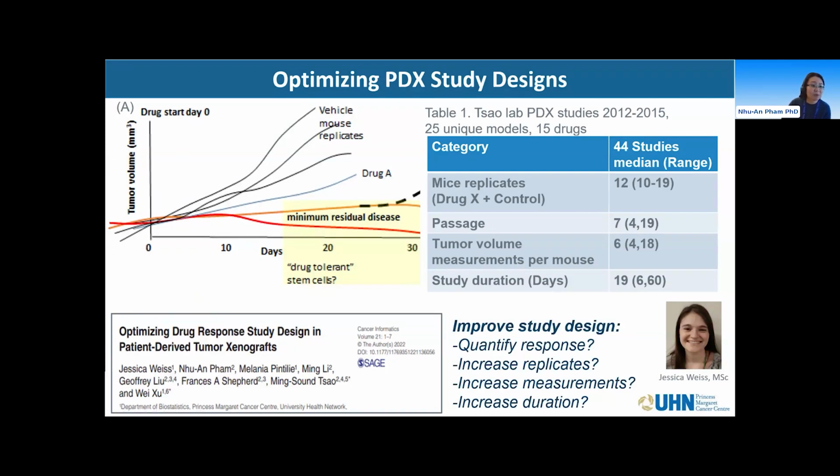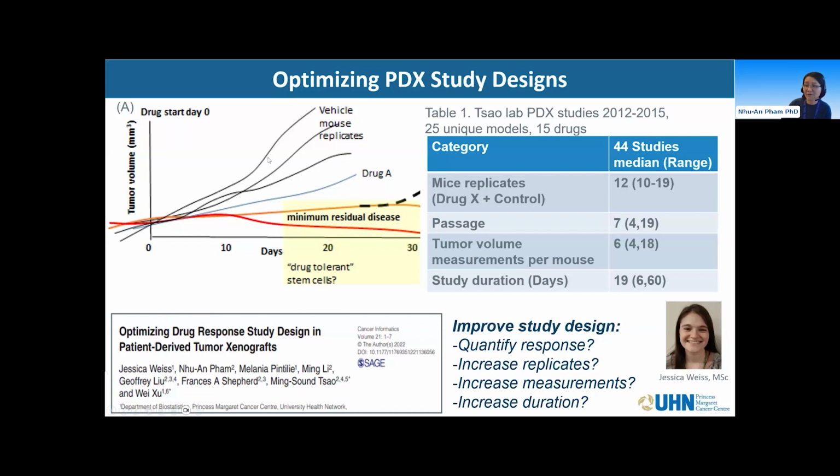So we've been able to accumulate data from many studies to optimize for drug screens studies, as reported in this manuscript by Jessica. The study made use of data collected over 10 years, totaling 44 studies in the lung program, to evaluate the variable parameters of PDX models and addressing how we design our studies. For example, how do we quantify response? As you can see here, these are just